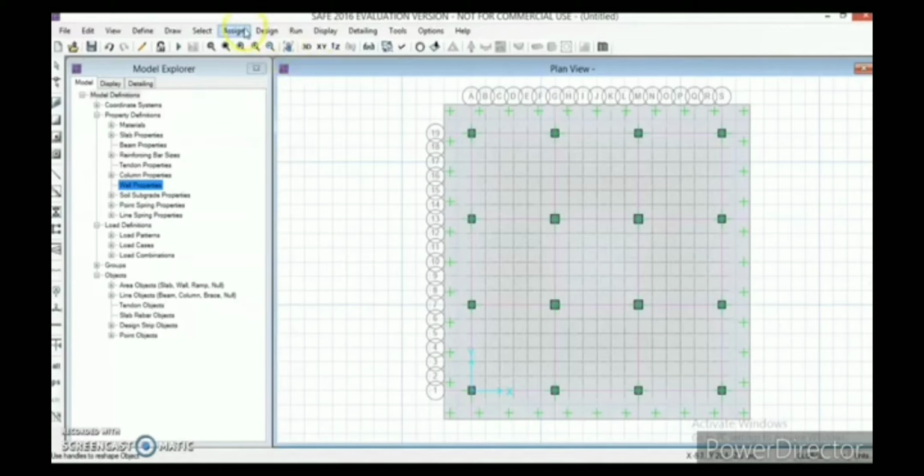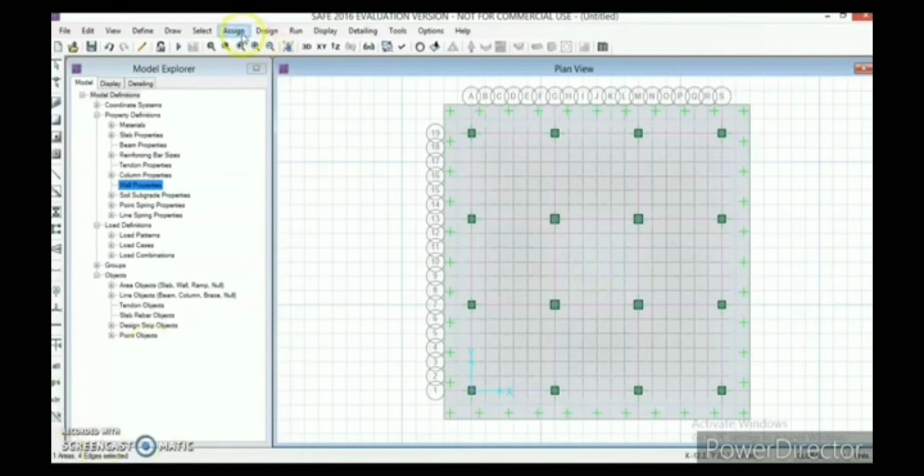Now we need to assign the material properties and the loads to the footings and columns. Even the soil property we need to assign. So now click escape before going further, and you can check that on the left corner. And now select the inside area, and you can check here one area for edges selected.